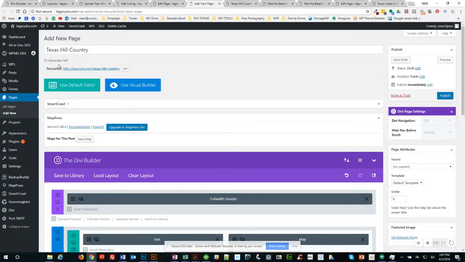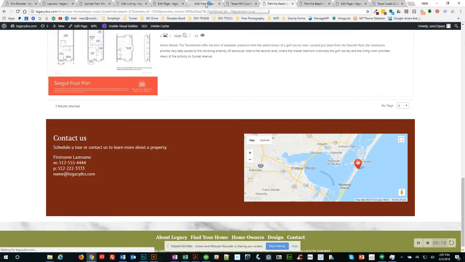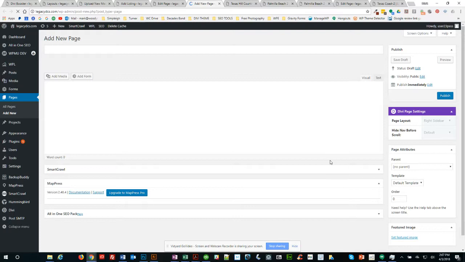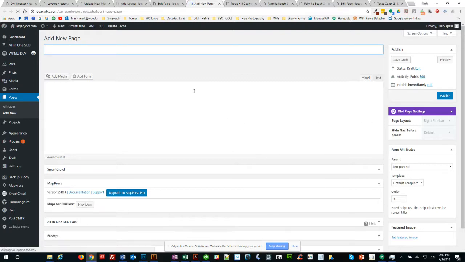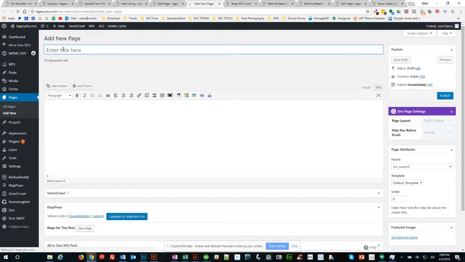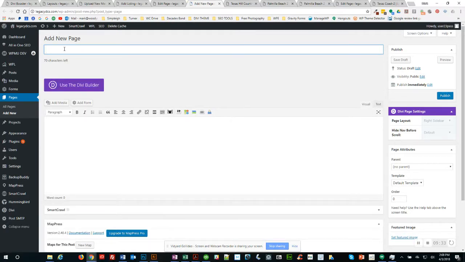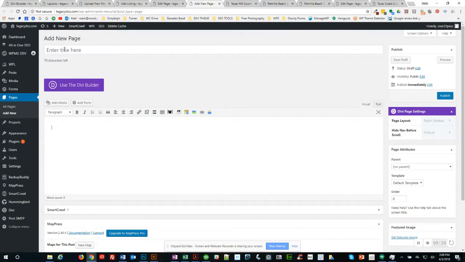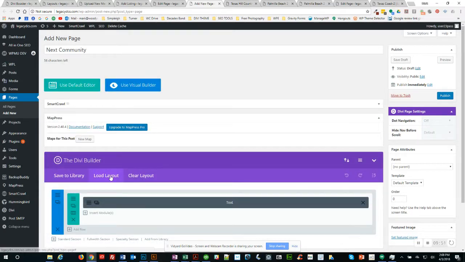Okay. Same story for, we want to add a page for a community. You would do the same thing and add the template for that next level template, which I think was called Palmilla Beach. So say this was Saint Whatever, next community. We would change this from right sidebar to full width, go to the Divi Builder, and load the